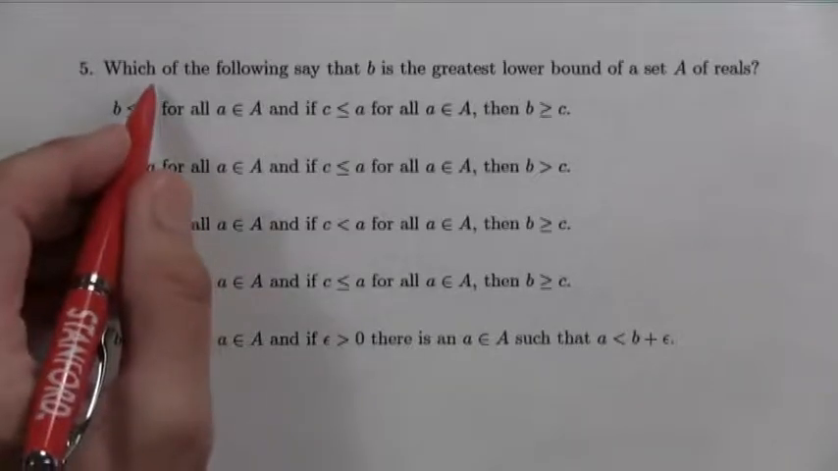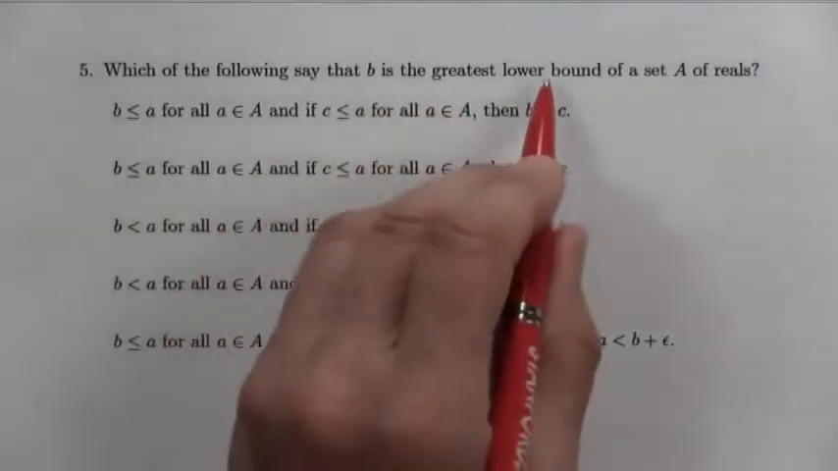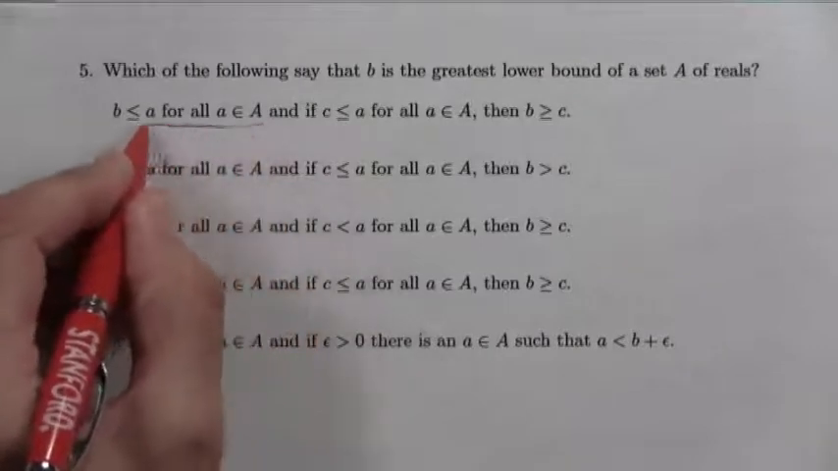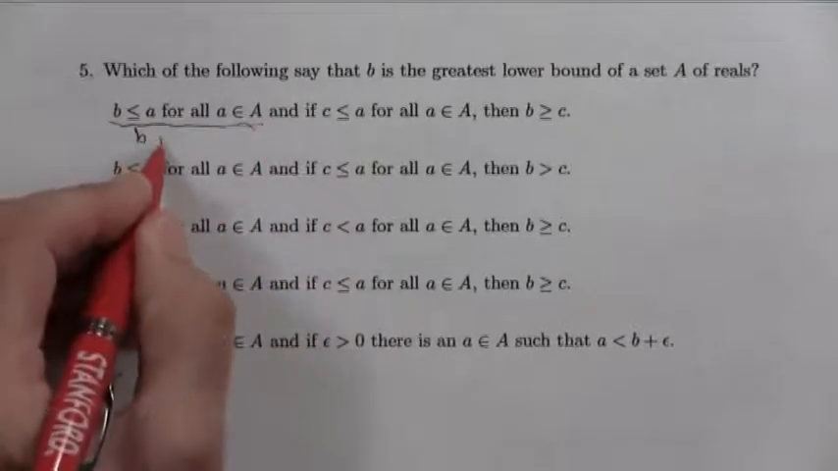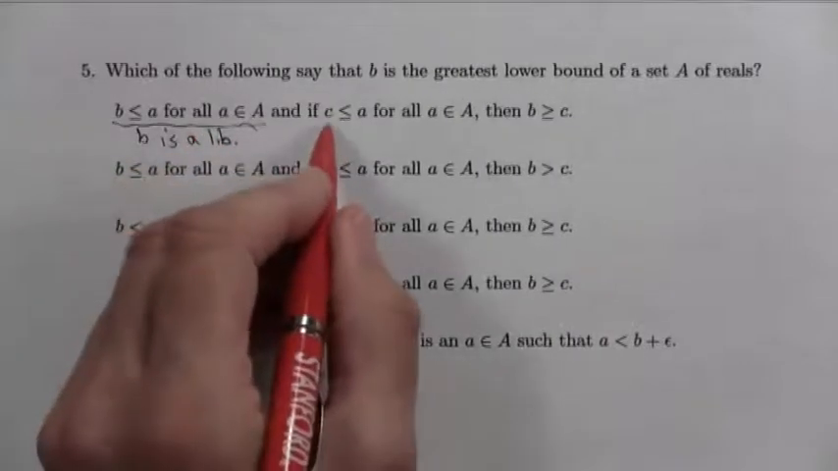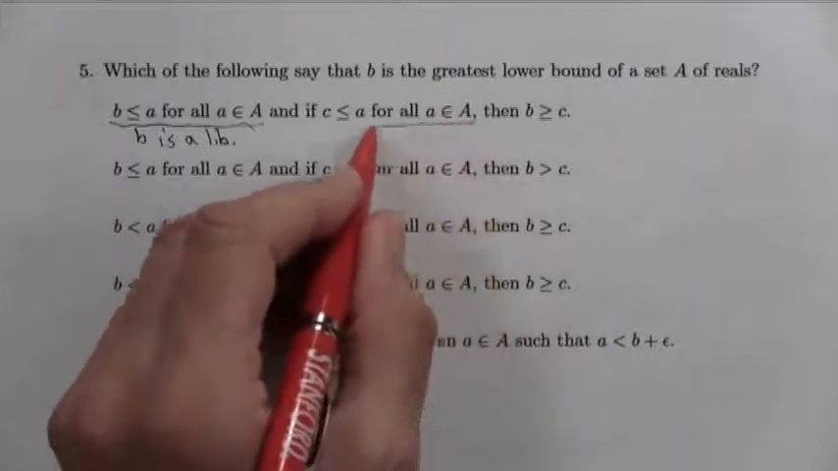Okay, so in number 5, let's look at the first one. We have to decide whether it says that B is the greatest lower bound of the set A. So let's take it step by step. That first part says that B is a lower bound. And this says if C's a lower bound,